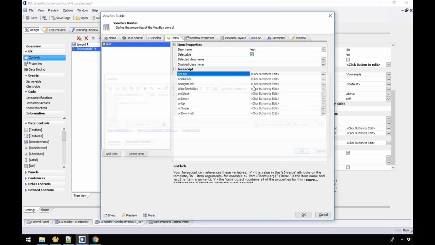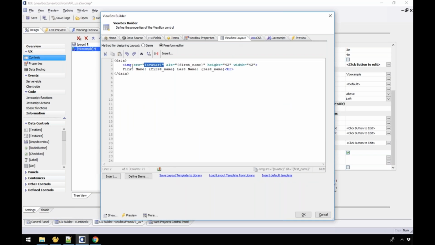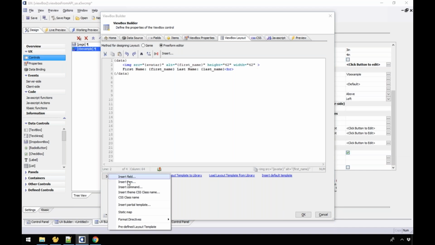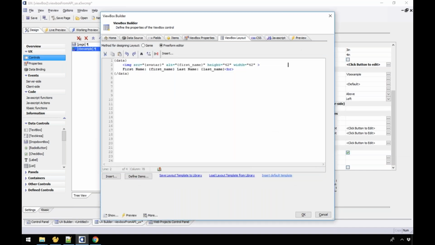So now that I've created that item, I can go back to my layout here, and then I can go right here and insert item and select test. So now whenever anybody clicks on the image, it creates an event to occur. So you could either do it by just embedding a URL here using the standard image URL, or